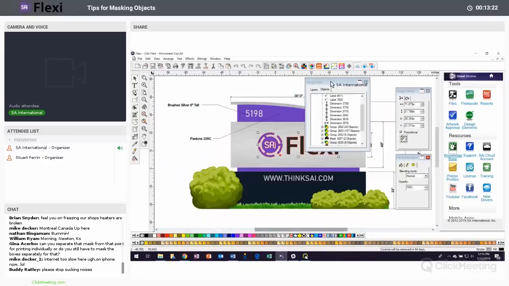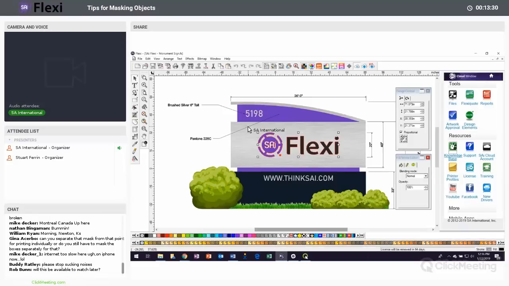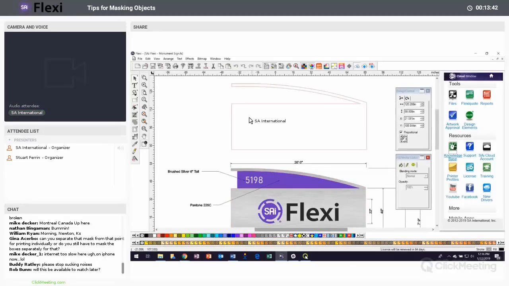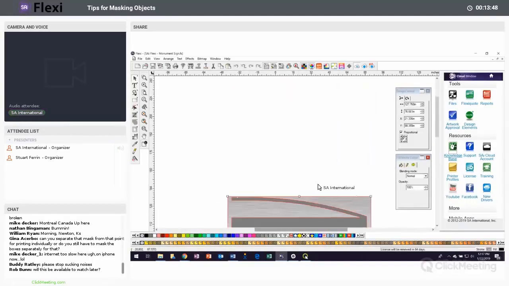All right, so another thing that we run across is when we're doing background fills. For example, this was a file that I used on a previous webinar. I actually used a bitmap image to create something similar to an aluminum fill to the back of this object here. And what I did is I simply created my shape itself,